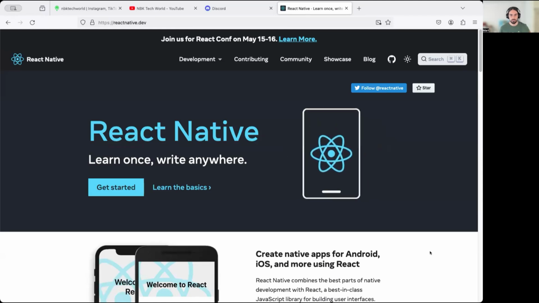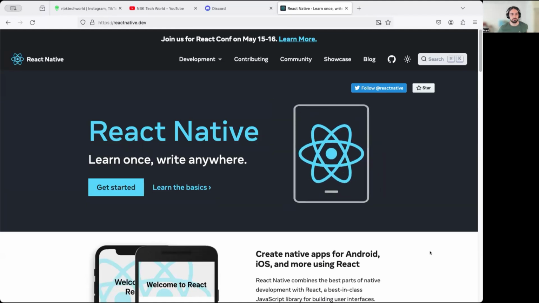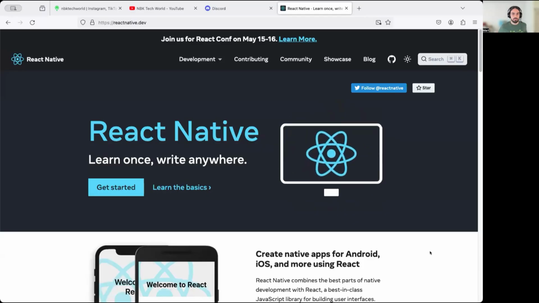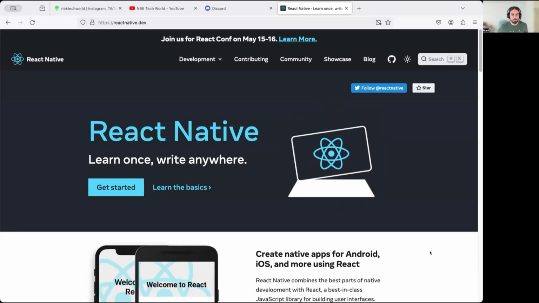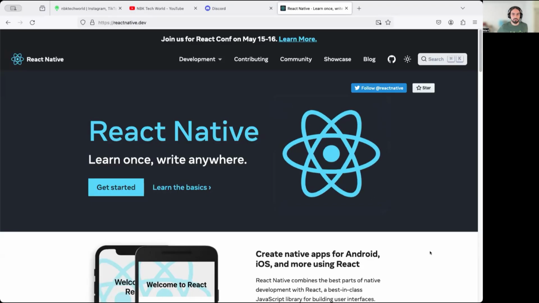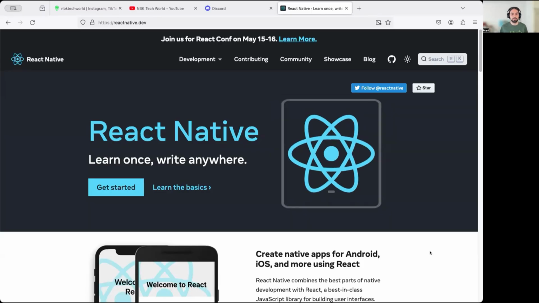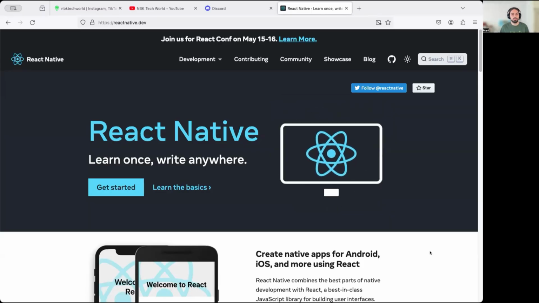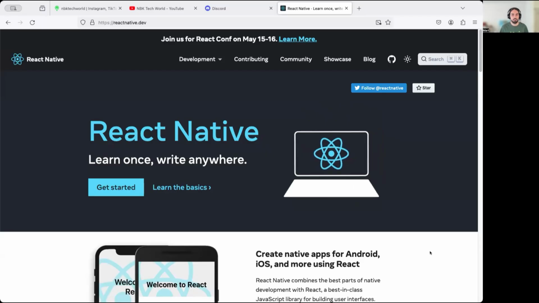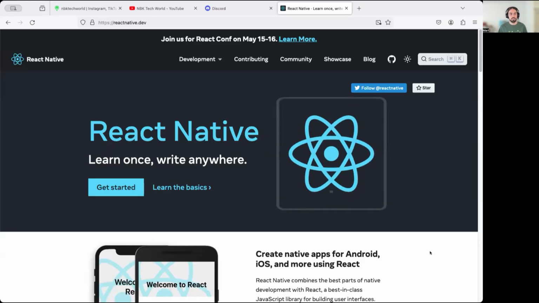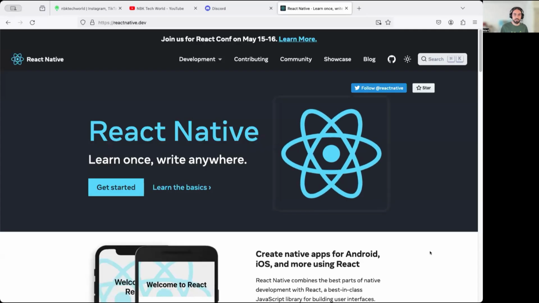Okay, today I'll talk about React Native. React Native is a framework that we can use to build mobile applications using the programming language JavaScript. So if you're familiar with web development with HTML, CSS, and JavaScript, this is perfect for you because it's very